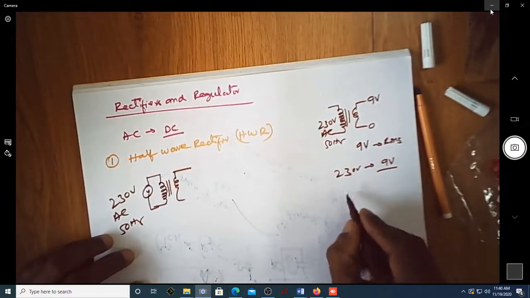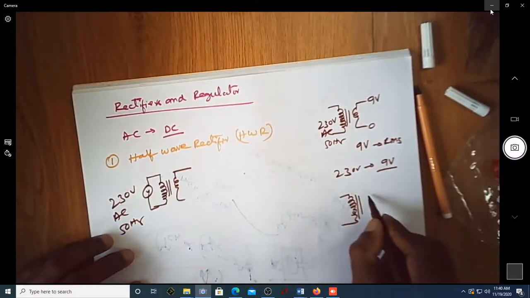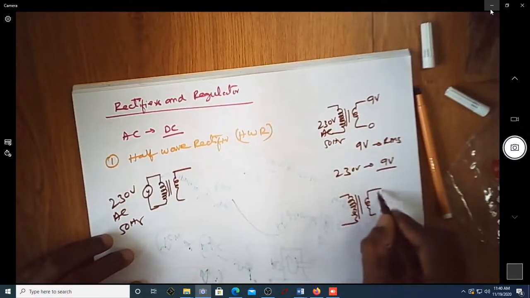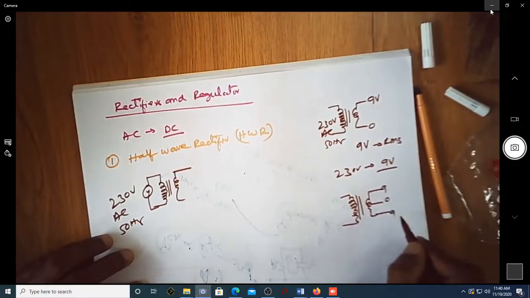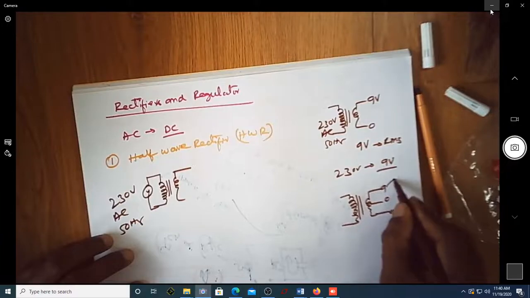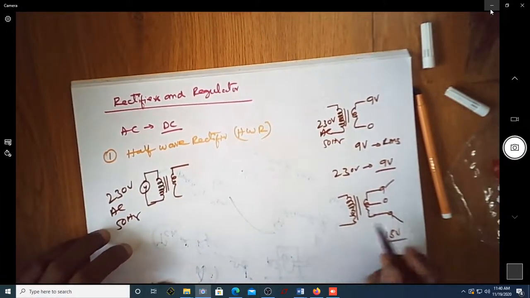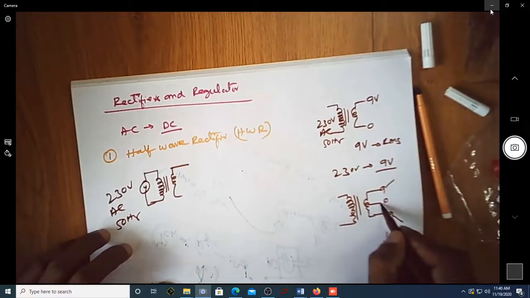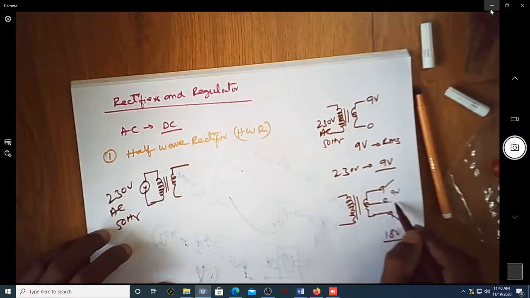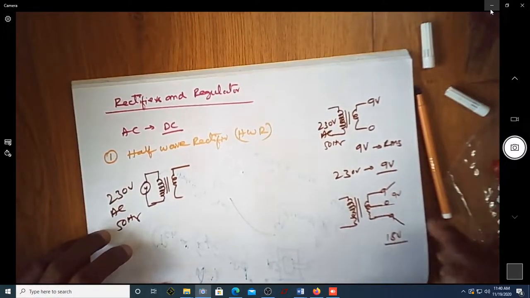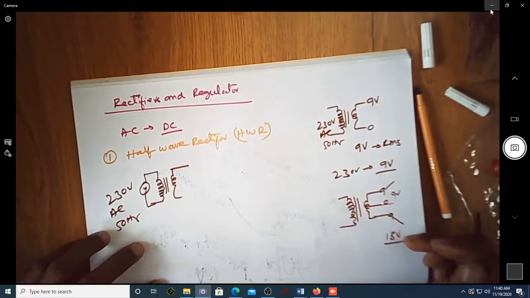It is also possible to get one more type of transformer where you have a center tap. So we can have a center tap transformer which can be 9 volt here, this is 0 and this is again 9. Suppose you are using these two extremes, this will become 18 volt RMS in total. If you are using only this and this, then it will become again 9 volt RMS, and again here it is 9 volt RMS. That depends on which two terminals you are considering for the circuit diagram.